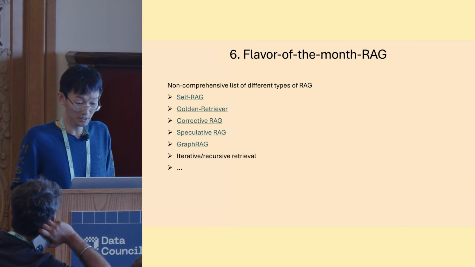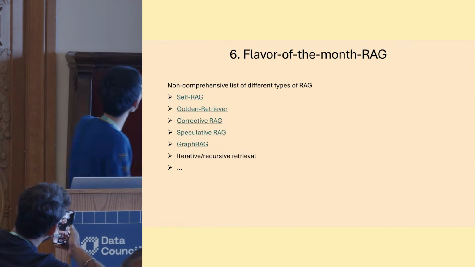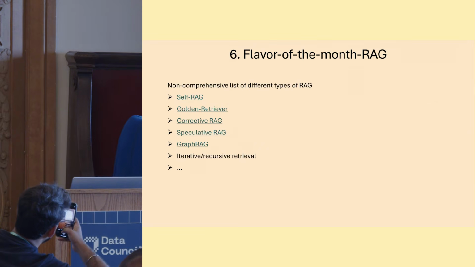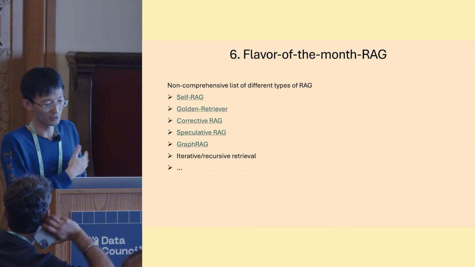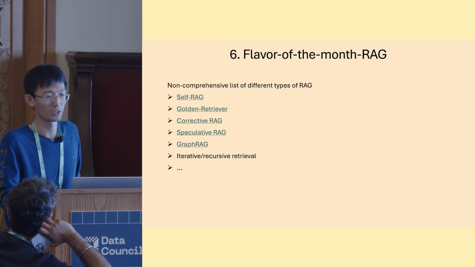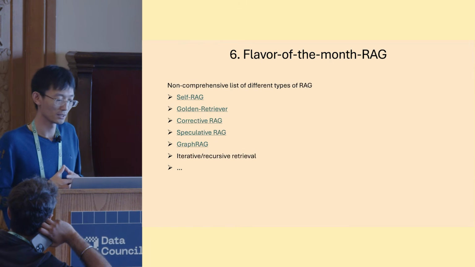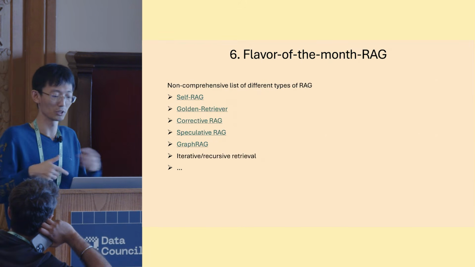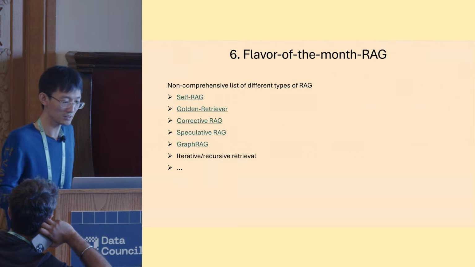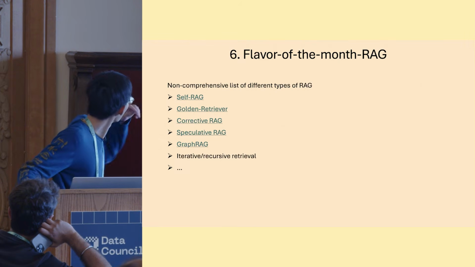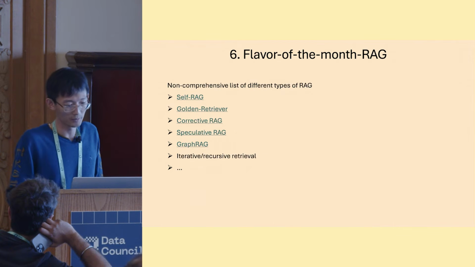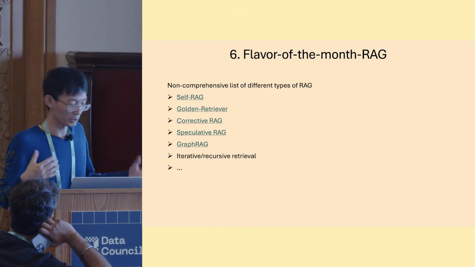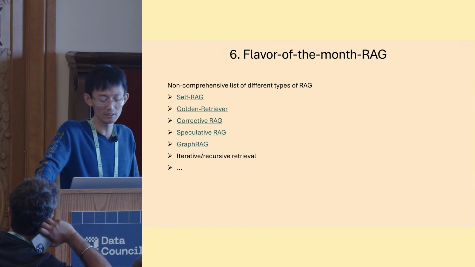So number 6, the last one. I'm listing a few of these, and I think there are even more which I'm not keeping track of. There are many different variants of RAG where you can do all kinds of other stuff. For example, you can do recursive RAG where you recursively retrieve documents, and there are many other ones, graph RAG, speculative RAG, corrective RAG, which I'm not going to go into. My somewhat biased opinion: I've tried some of these myself, and I've heard some of the customers talking about them.